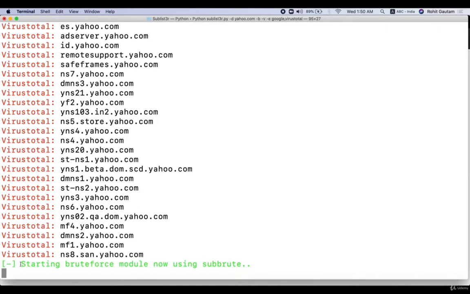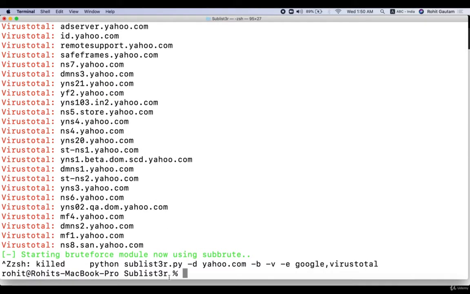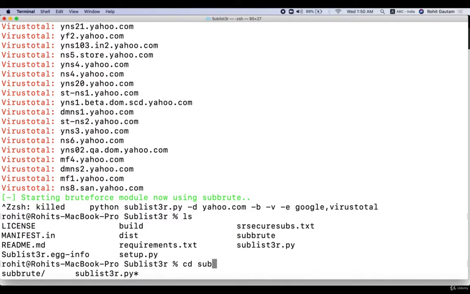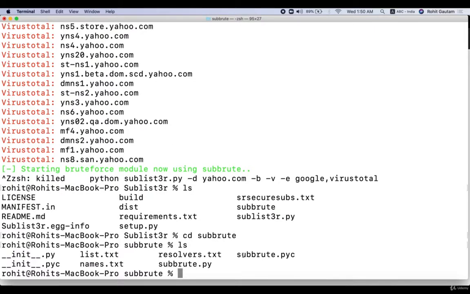As you can see on the screen, the brute force module has successfully started. Although you have to remember that this particular task is going to take a considerable amount of time because of the word list. The word list which Subroot has is actually very big. Let's jump into the folder and see which is the word list. As you can see, names.txt and list.txt are the word lists which are being used to brute force and identify